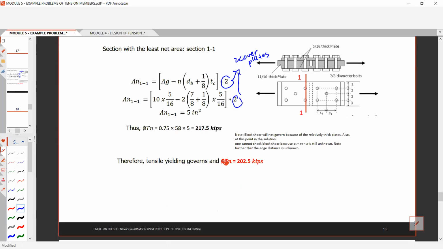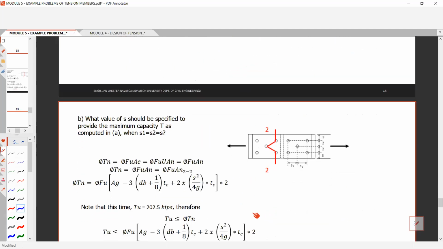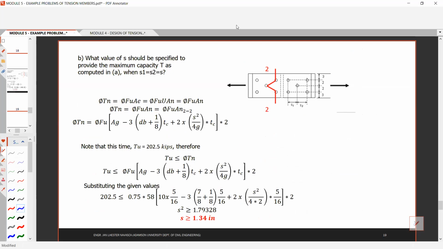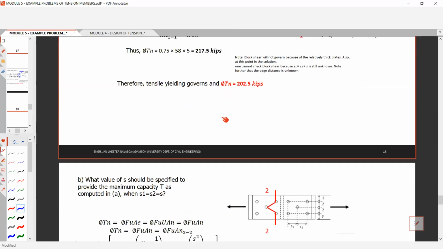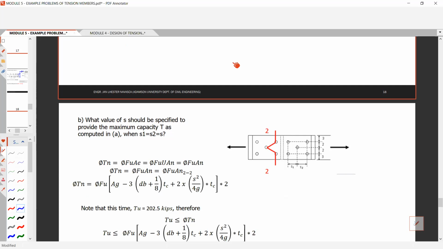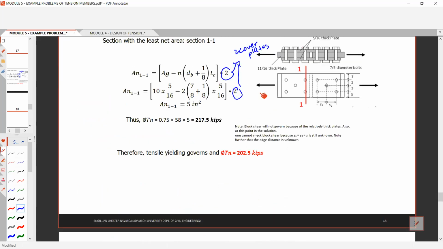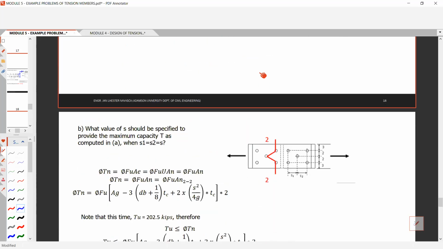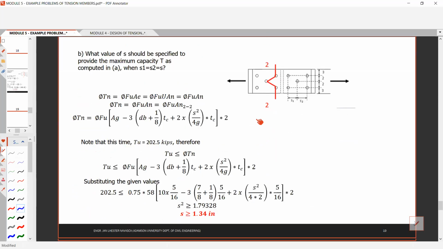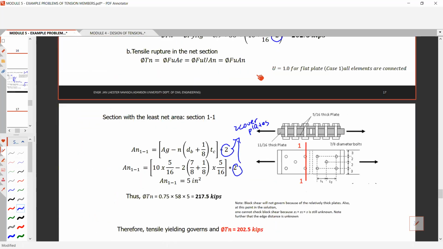Okay, so that is the tensile yielding governs this one. Okay, next problem. What value of your pitch distance S1 and S2 to provide the maximum capacity of T of this tension, based on computed A. Okay, so this one,